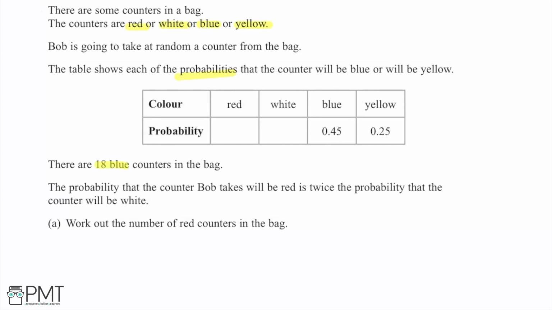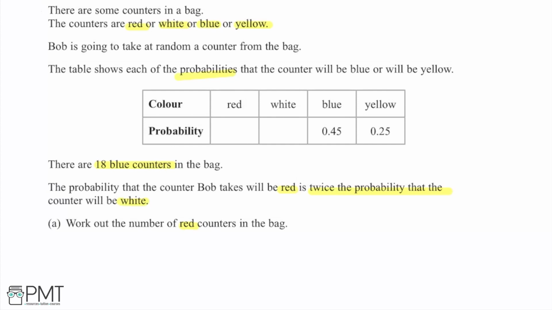We're told that there are 18 blue counters in the bag and that the probability that the counter Bob takes will be red is twice the probability that the counter will be white. And we're asked to use all of this information to work out the number of red counters in the bag. So initially here, if we want to find the number of red counters, we need to find the probability that the counter is going to be red in order to work with this, and the total number of counters, which